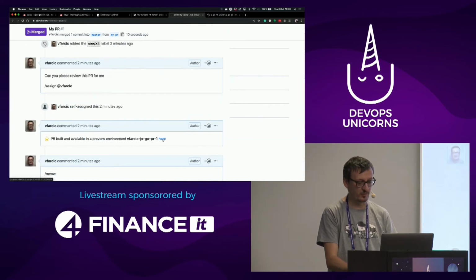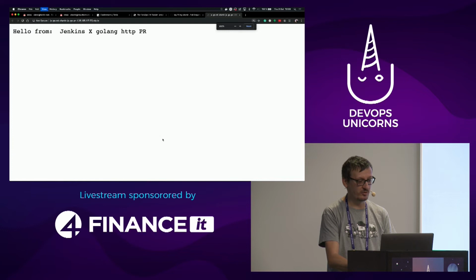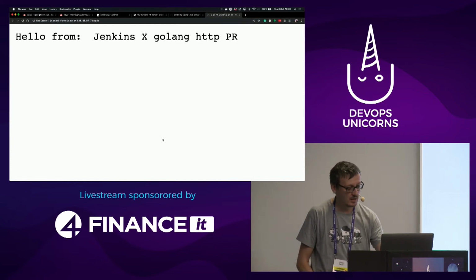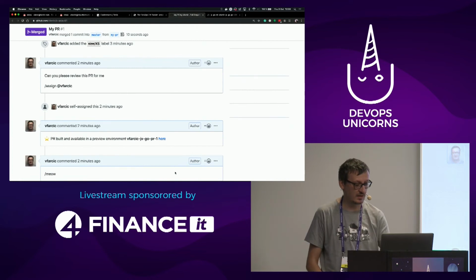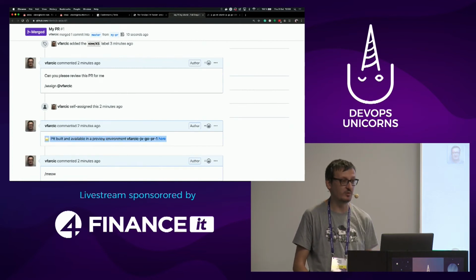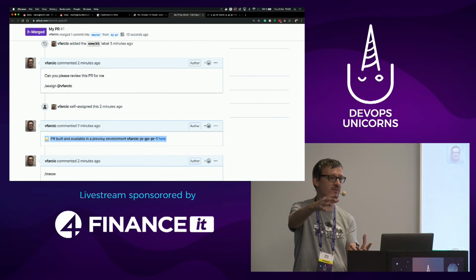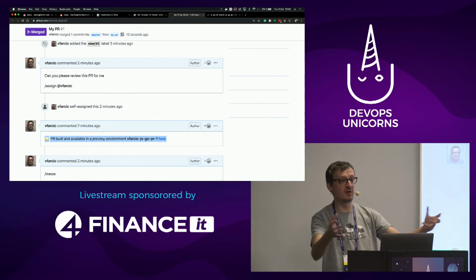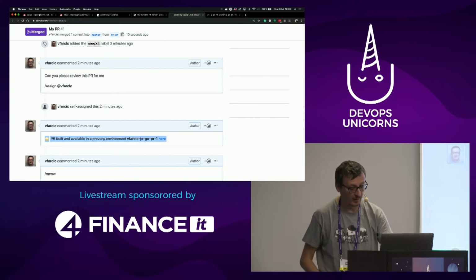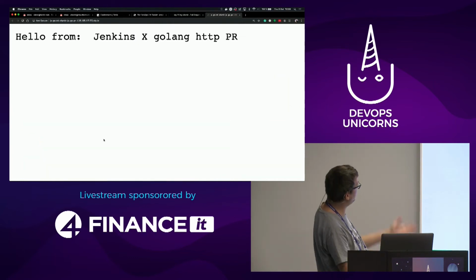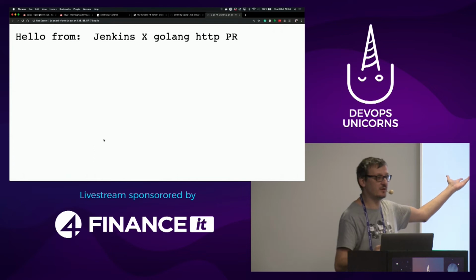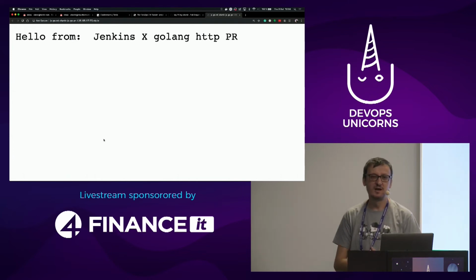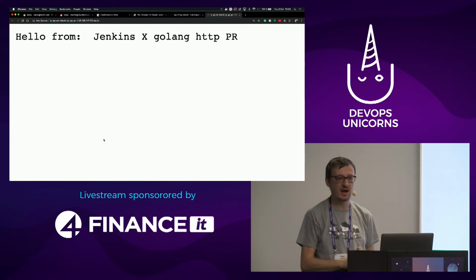Every time you create a pull request, that pull request is deployed to a temporary environment. I forgot to mention, there is this message saying, okay, the system got your pull request, it created a temporary environment, it deployed your application there. If you want to review it, please do. And then I can go to that application and say, oh, that looks amazing. That looks exactly what we need. This is the feature we were hoping for. Yes, and I will approve it.